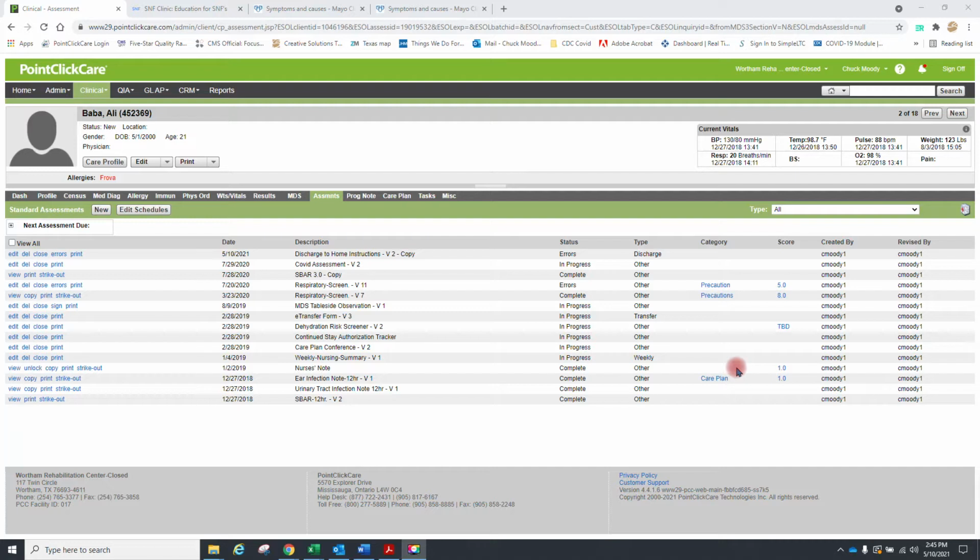Because again, even though there's no quality measure associated with managed care, we want to still build good relationships with those insurance companies and make sure that our managed care residents, when they go home, stay home. The insurance saves money by doing that, so we want to be a good partner with them. So Medicare Part A and managed care, this process will apply to